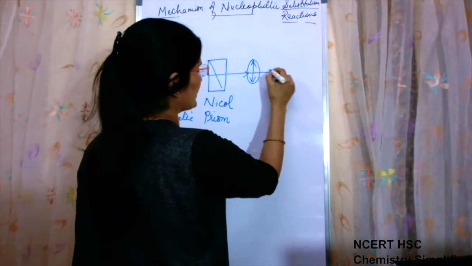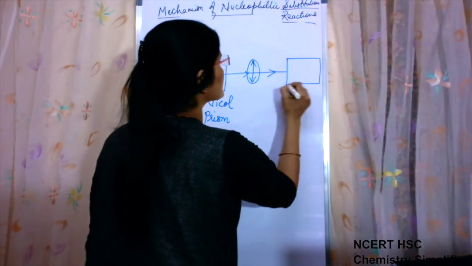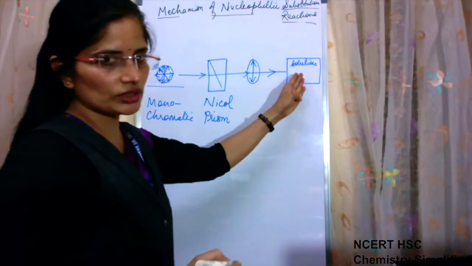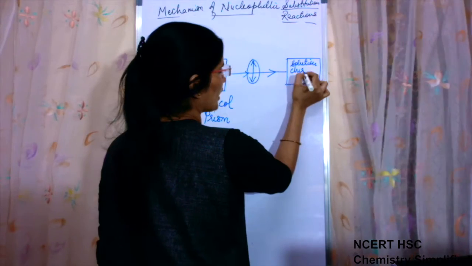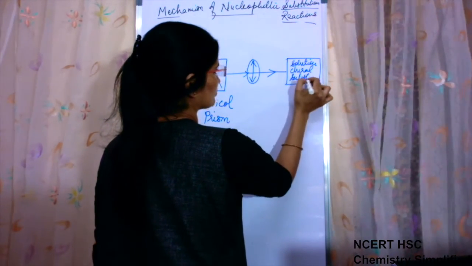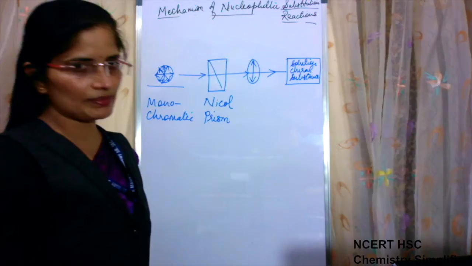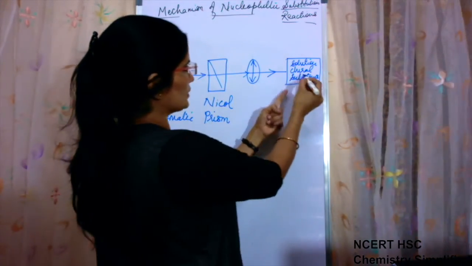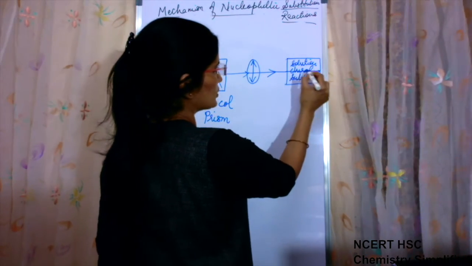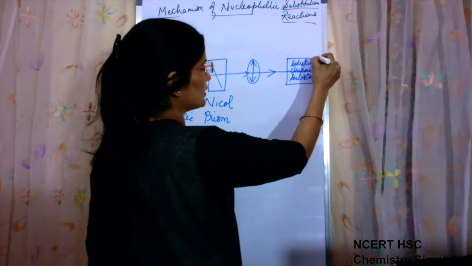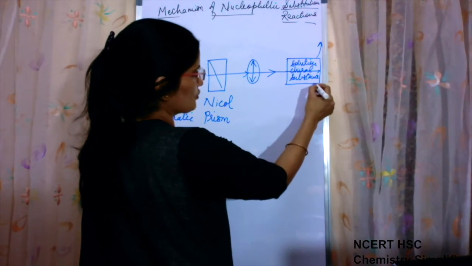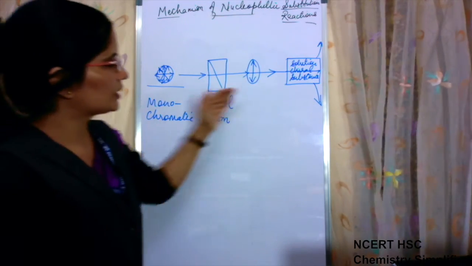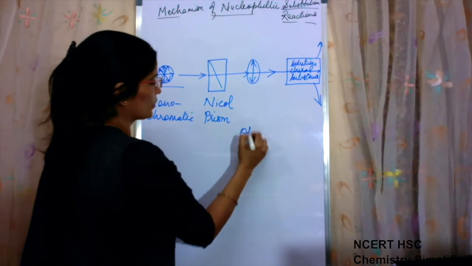When such light is allowed to pass through a solution of a chiral substance, meaning a carbon atom having all 4 bonds different, then when the light comes out of it, it will be bent either towards the left or towards the right. This phenomenon is known as optical